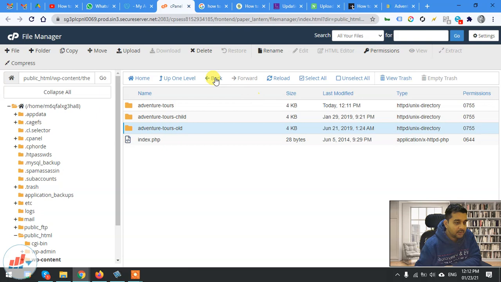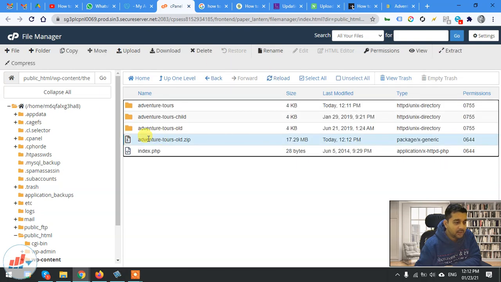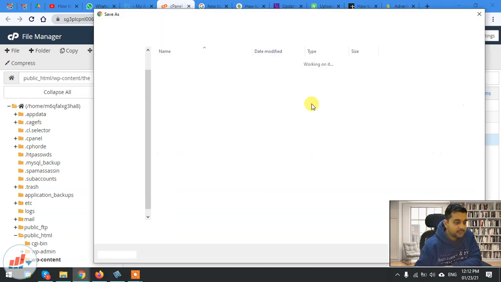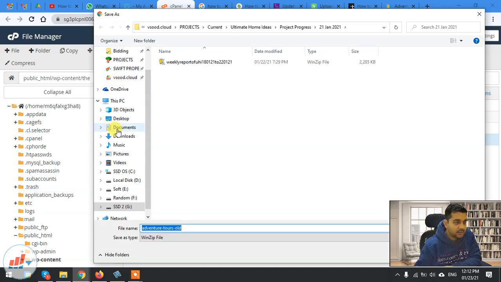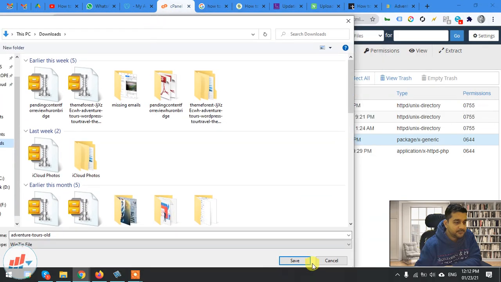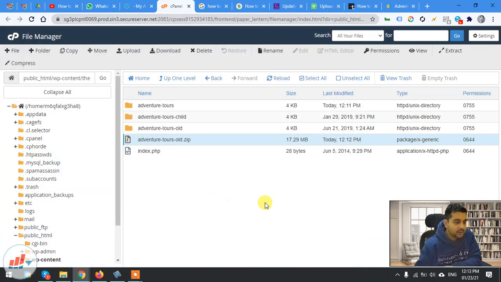Okay, reload it, and now download this somewhere so that you always have a backup somewhere. Okay, download it in your system. Let me try to download it here. Okay, so now we have a backup also.